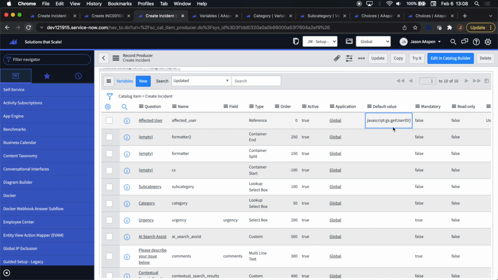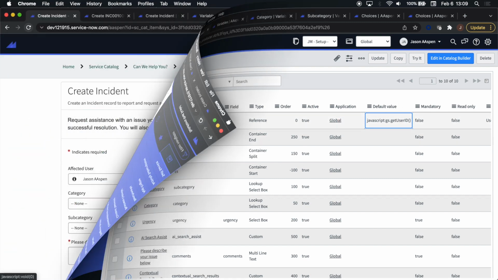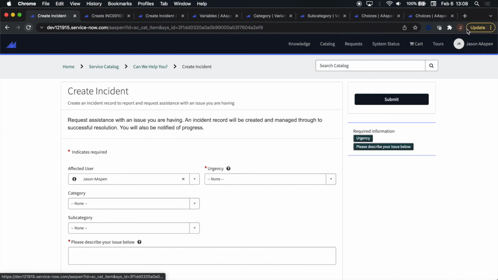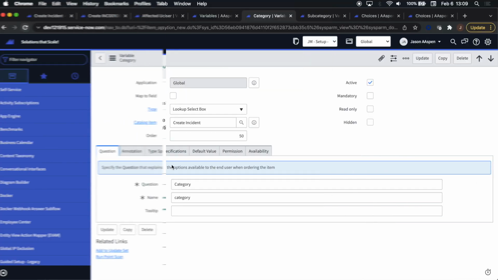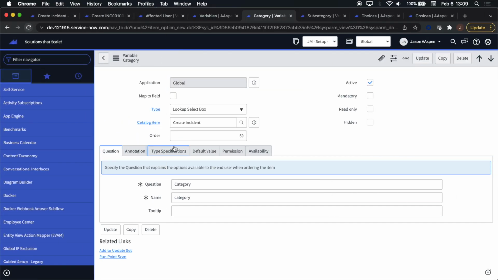The get user ID, you're probably familiar with that. Basically, it's a reference field, and then we just put that little snippet in there in the default value. That means that on load, the current user who is looking at the form is going to be the one that's populating that box. Next, we'll take a look at category, and what we're doing is running the choices off